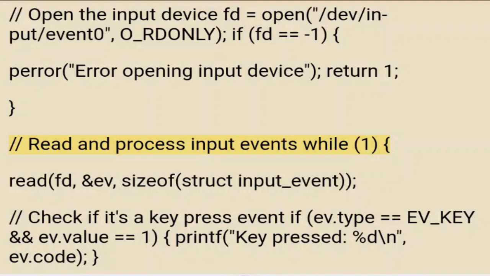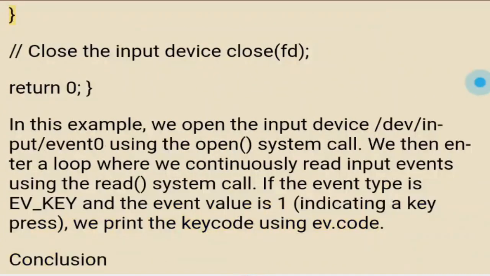// Read and process input events while (1) { read(fd, &ev, sizeof(struct input_event)); // Check if it's a key press event if (ev.type == EV_KEY && ev.value == 1) { printf("Key pressed: %d\n", ev.code); } } // Close the input device close(fd);